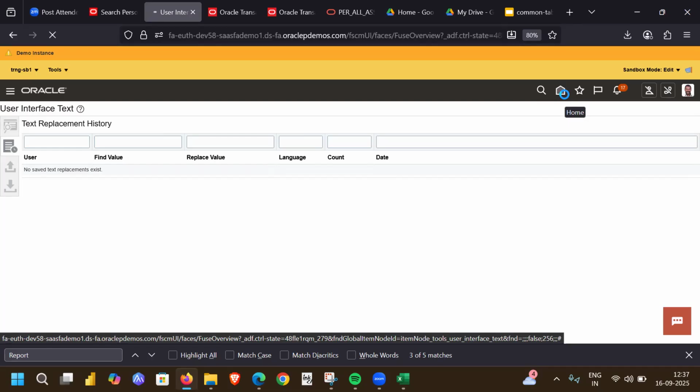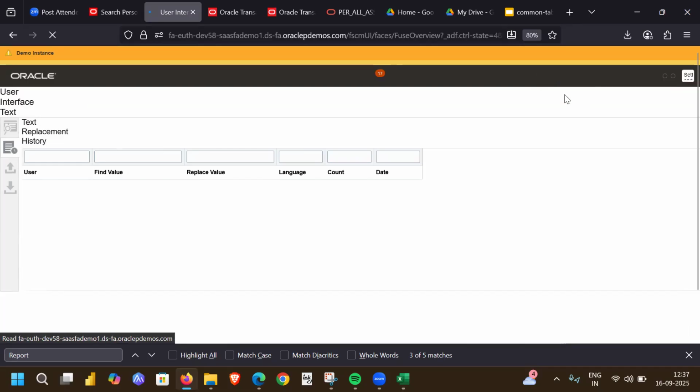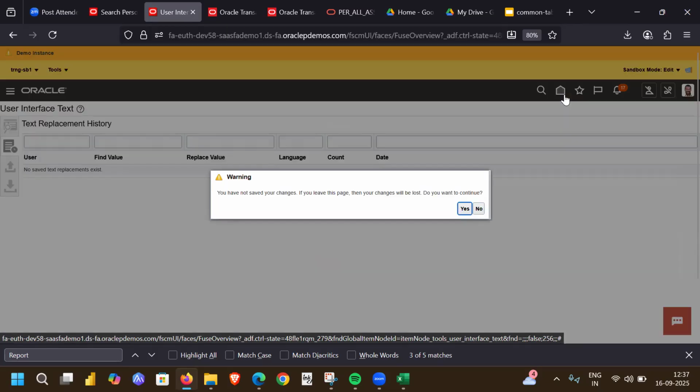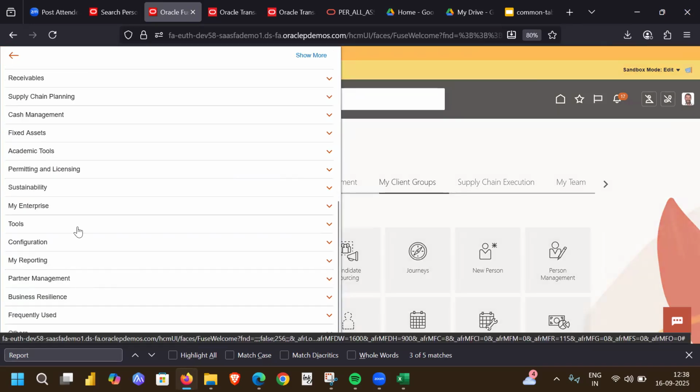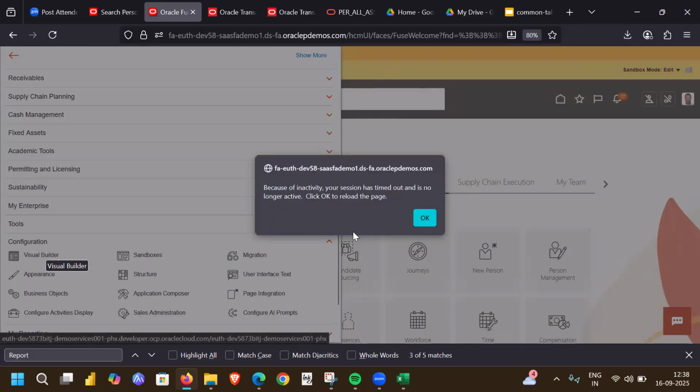Now, in case of the Redwood that we have got, the changes are a bit different. You need what we call as the VBCS, okay, the Visual Builder configuration. Okay, so that is where you will be doing these changes. Now, that is a little more elaborate, but I will just show you from where you can get started. So, under the configuration, you have this visual builder. Okay, so